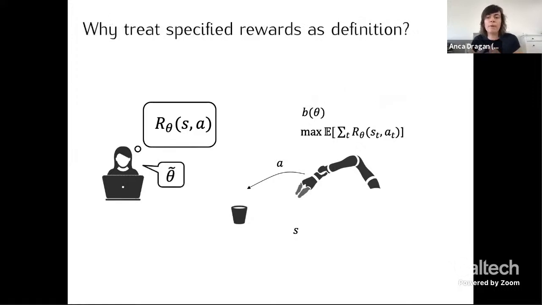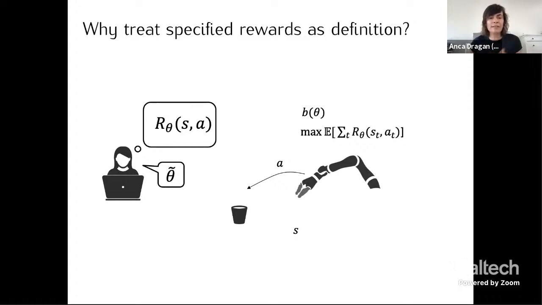If you think about what we do now from this lens, it goes something like this. The human, the designer, tries their best to form a theta, right? We either specify it by hand, or we train some features and then combine them by hand, or whatever it is, we tune that up, we do our best, and we call that the reward function.